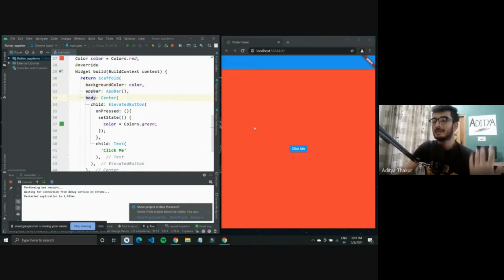But now during the execution of the application, let us say you want to change or update some properties of this widget. So for that we need this set state.